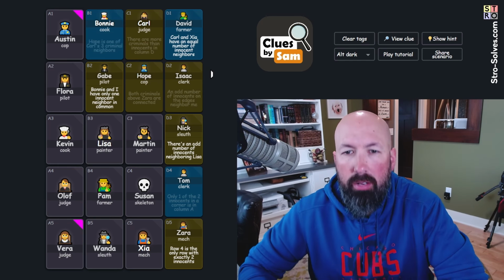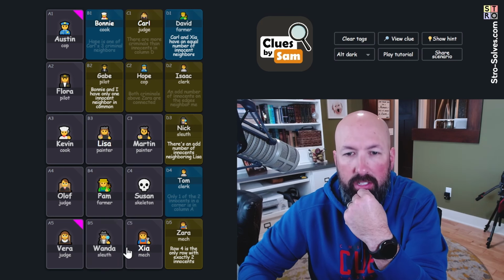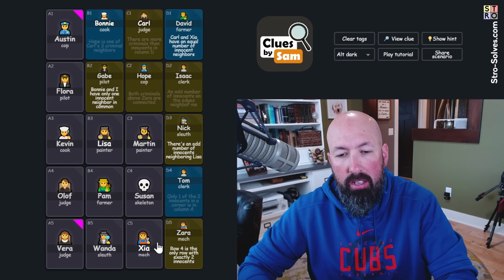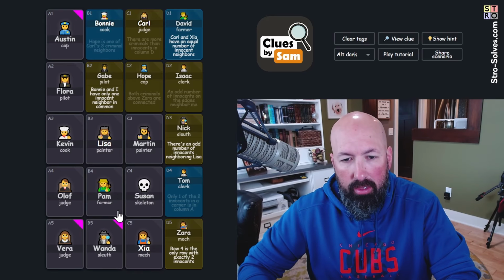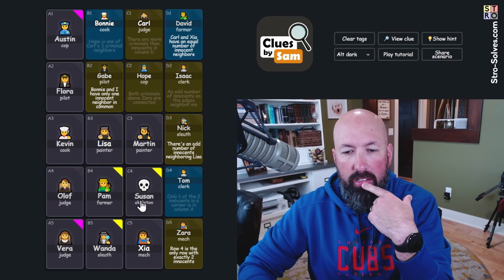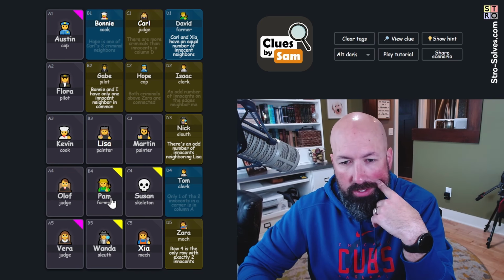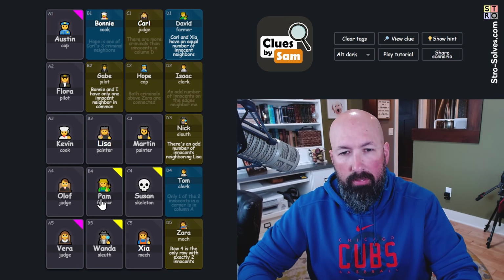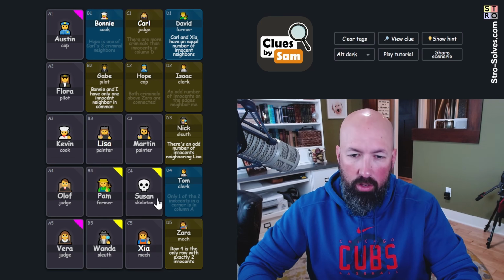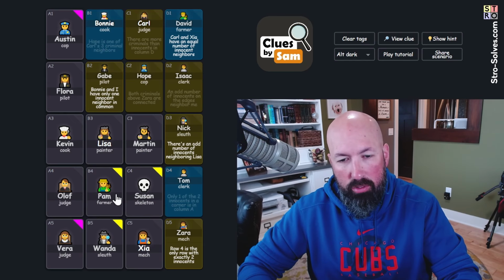Carl and Zia have an equal number of innocent neighbors. Well, Zia, we don't really know yet. Carl has 2 innocent neighbors. So Zia has 2 innocent neighbors. So these, let's see. Let's go yellow. These 3, there's 1 innocent among them. Okay. Row 4 is the only row with exactly 2 innocents. Oh, row 4. Row 4 is up here. Exactly 2 innocents. So, but we don't know. We know one of these 3 has to be innocent, but Pam and Susan could both be criminals, and Olaf could be the other